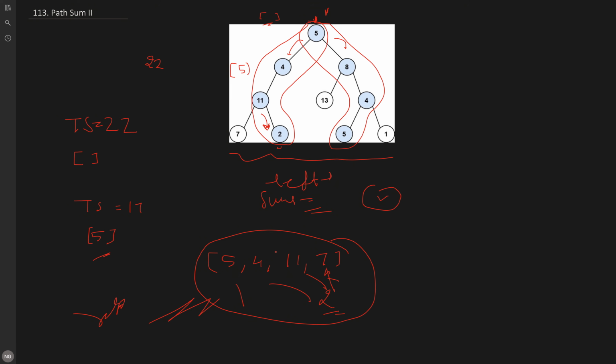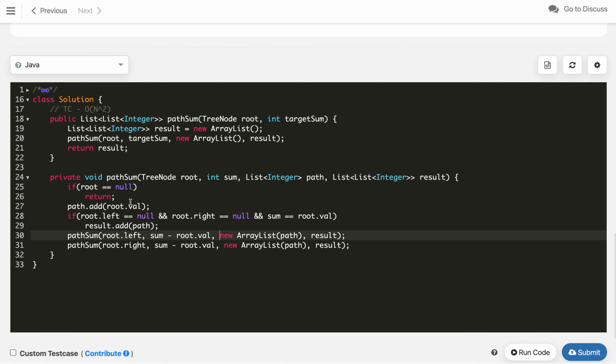So let me show you in code what we need to change. We keep this path as it is. When we are storing in our array, we first copy it so that we do not mutate the same list, so here we copy the path and store it.